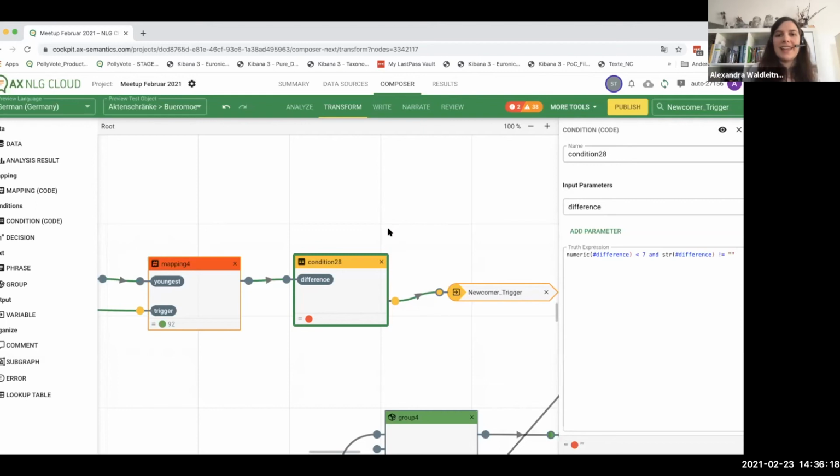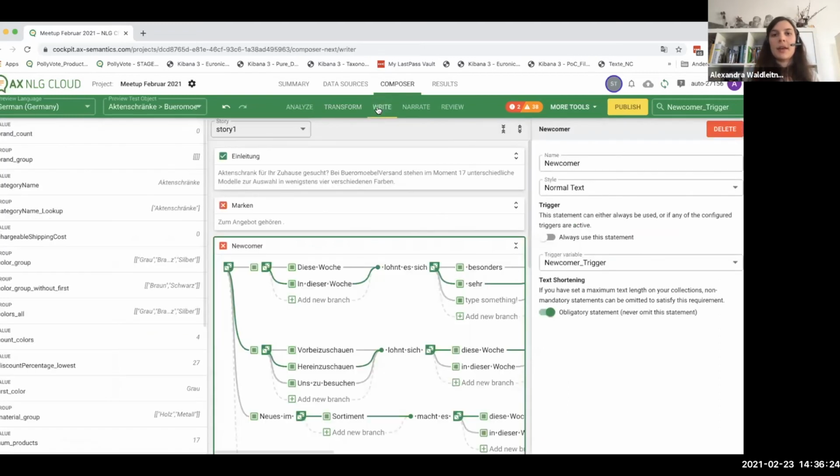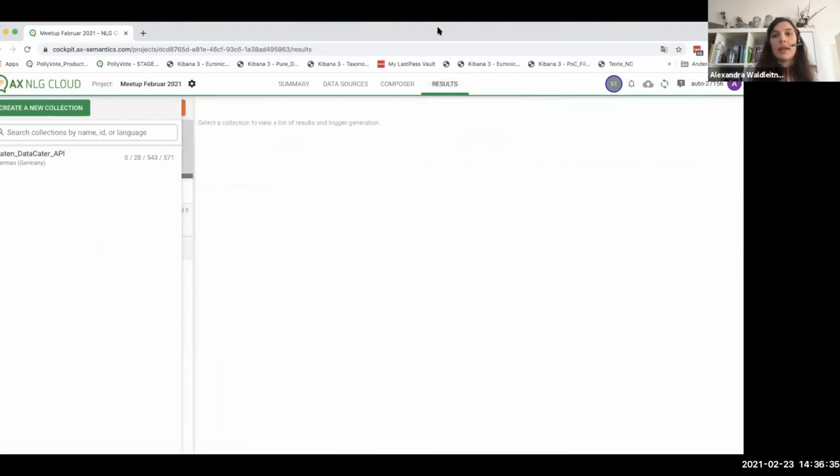So keep that in mind. It will be relevant later. Okay, when you have set up all the issues you want to focus on in your text, then we can go to the results now,